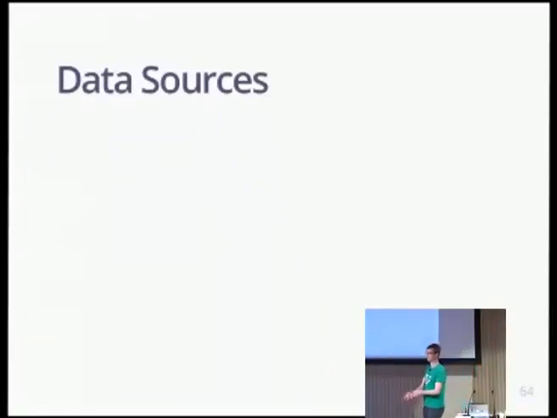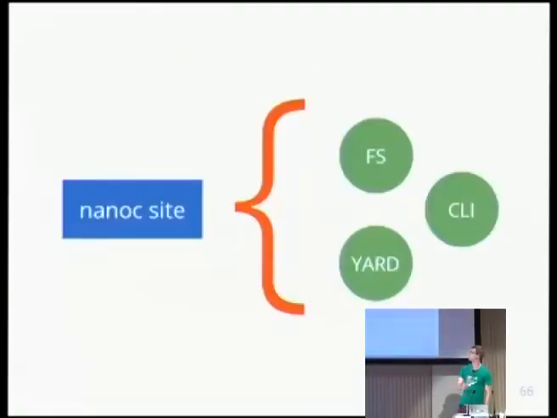One feature of Nanoc that has proven to be really useful is data sources, which basically allow you to take data from any source and import it into Nanoc. So I'm going to give you an example of the Nanoc website. The Nanoc website has 3 data sources. FS is the file system. That's what you normally use, just content on your file system. There's the command line interface data source, which loads